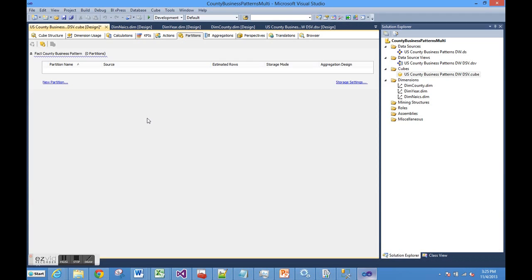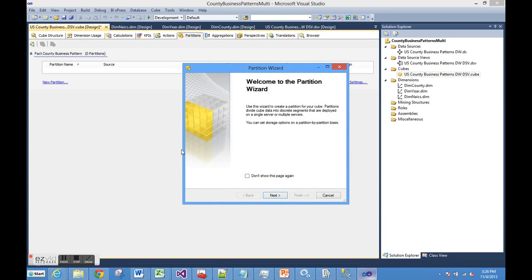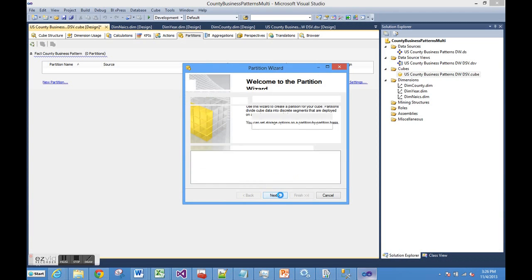Keep in mind, at this point of time you don't have any data to browse. We are starting fresh and creating the partitions, and then we have to aggregate the data in the partitions, and then we can browse the cube. That's where we are now, and we are going to create a new partition,